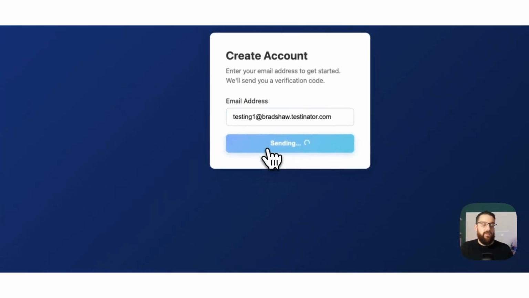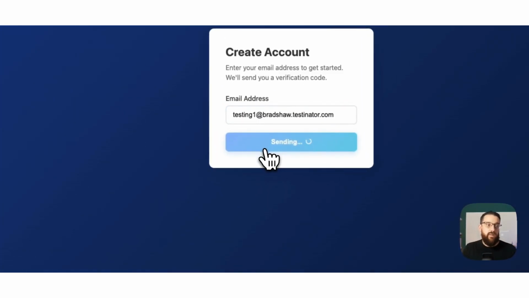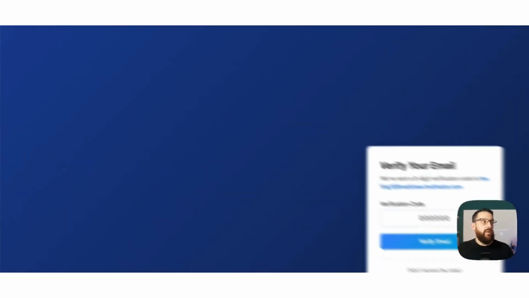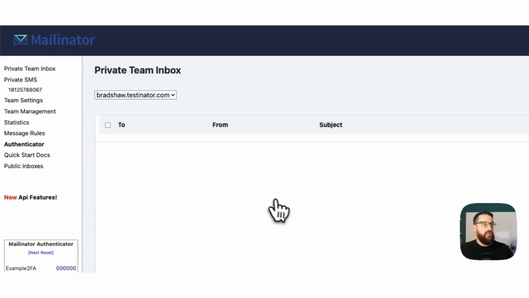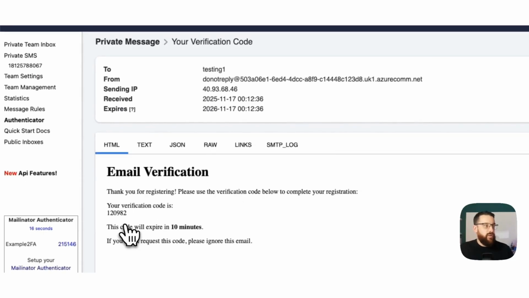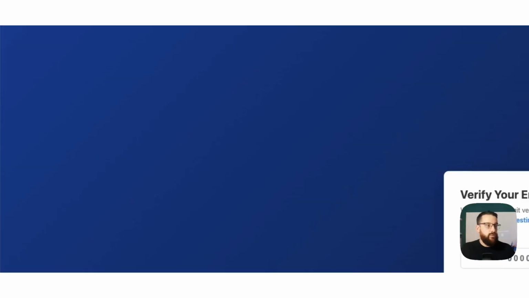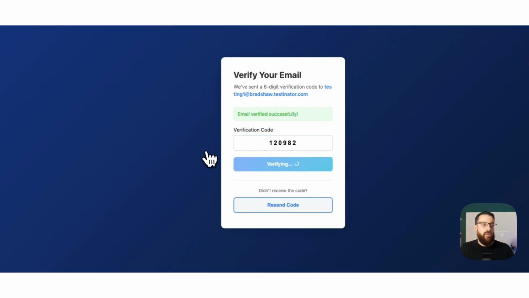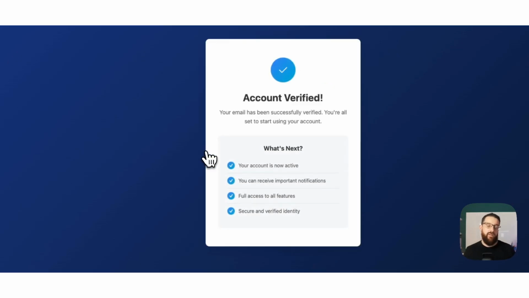testing1@bradshaw.testinator.com, and I'll send the code to that email address. And because that's my domain on Mailinator, my verified domain, if I go back in here, there it is, testing1, do not reply. So the code is 120982. So I can go in here and do 120982. Email successfully verified. So what that shows us is with the wildcard functionality, we have unlimited